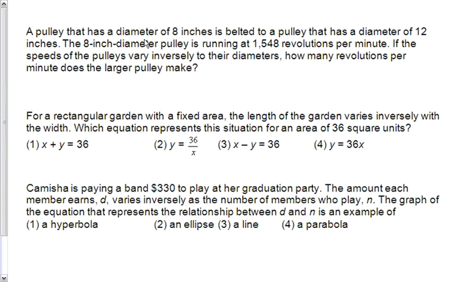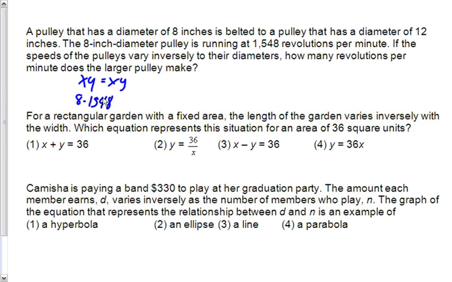Okay. A pulley has a diameter of 8 inches, and one has a diameter of 12 inches. If the 8 inch is running at 1,548 RPMs, revolutions per minute, and it varies inversely to their diameters, how many revolutions? Okay, so xy equals xy, or it's going to be our constant, so you multiply 8 times 1,548. Now, I highly recommend that you do have a calculator on hand, and I do have one. And if you multiply those two together, you're going to get